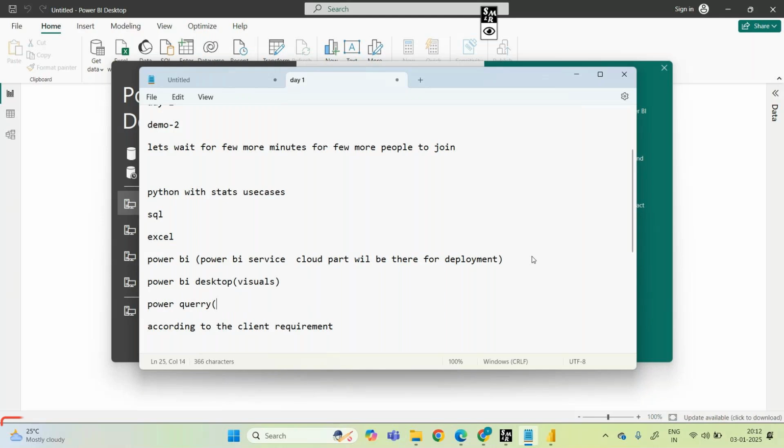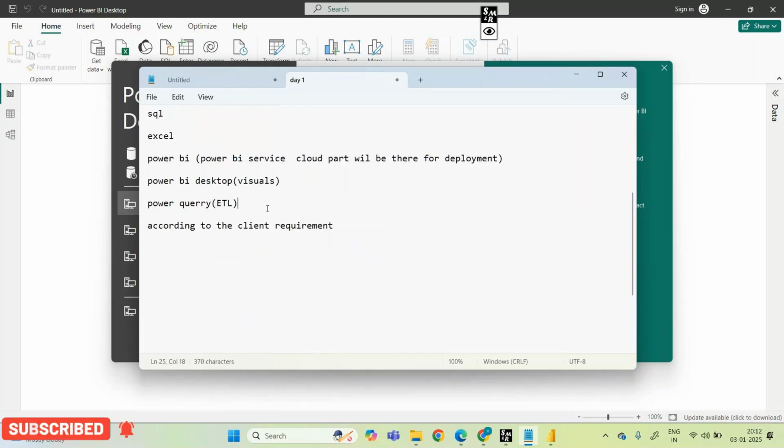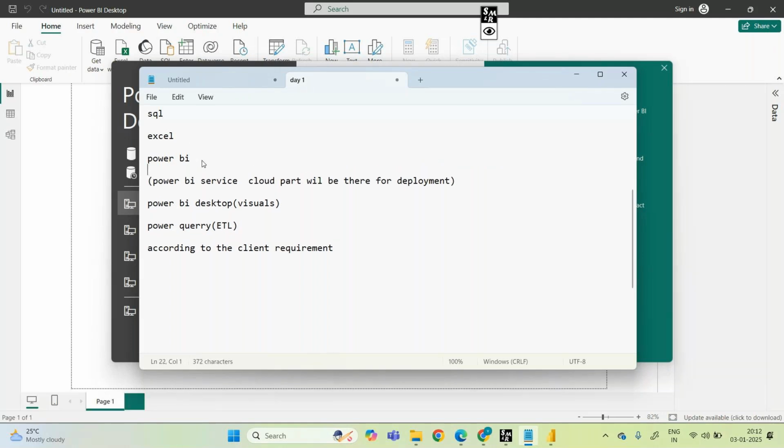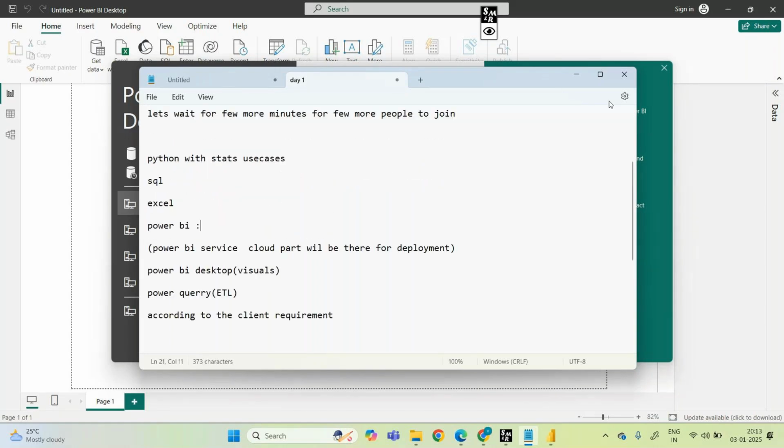Power Query is an ETL tool, guys: extract, transform, load. Like in Python, we can do data cleaning and data filling with Power Query also. These are the sub-branches of Power BI.